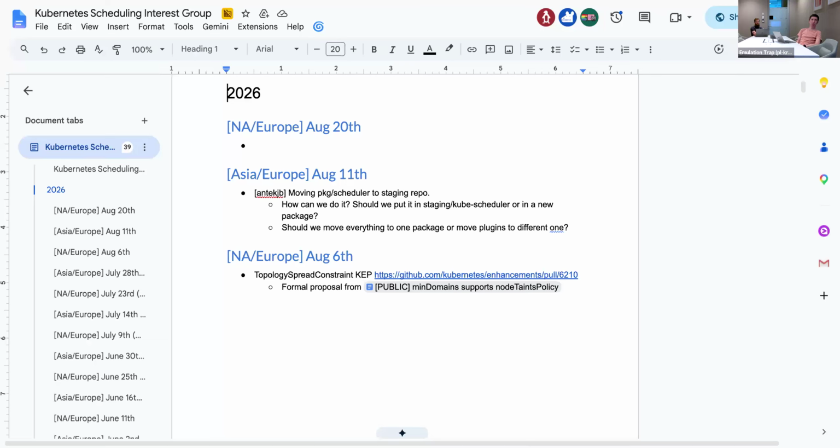Because these interfaces won't be needed later, as we have everything in one package. They don't make sense. We created those interfaces to reduce the import hell for the plugins, but after moving the code to staging, we can use the scheduler types directly.